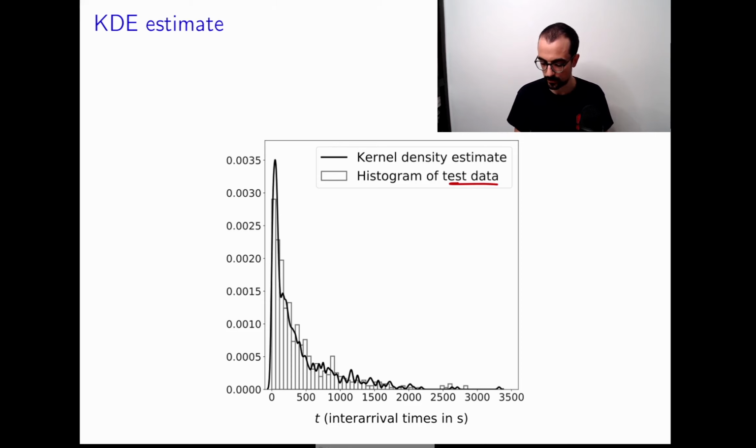It's pretty good. It overshoots the test density for very short inter-arrival times, indicating that in the training data there are many more short inter-arrival times when compared to the test data, and this can just be because there are different months in the training data and the test data. As in the case of discrete, when we were talking about comparing discrete parametric and non-parametric models,